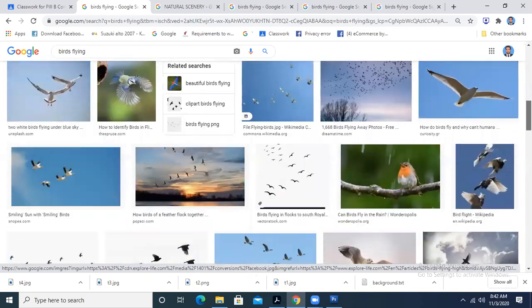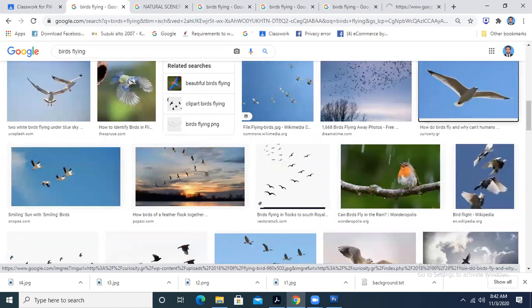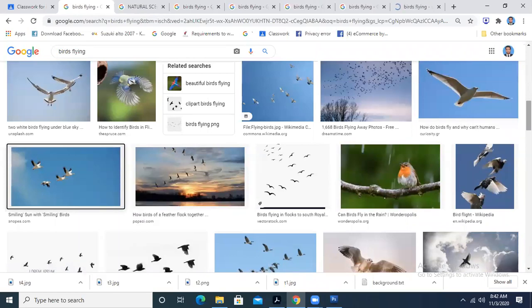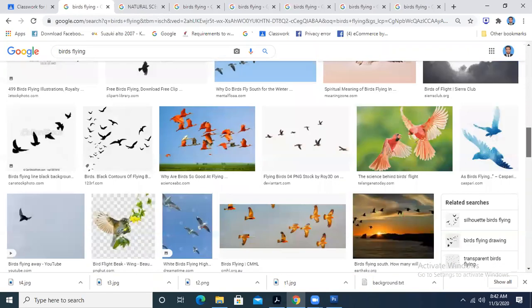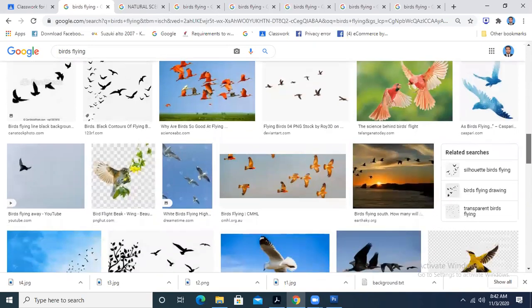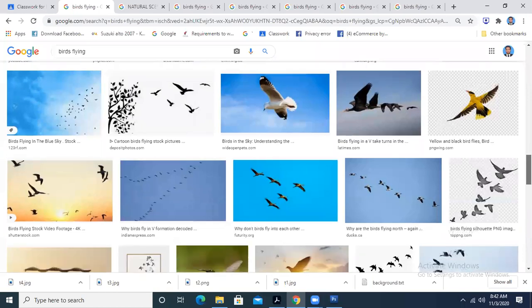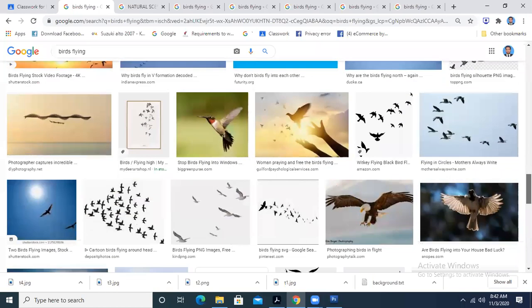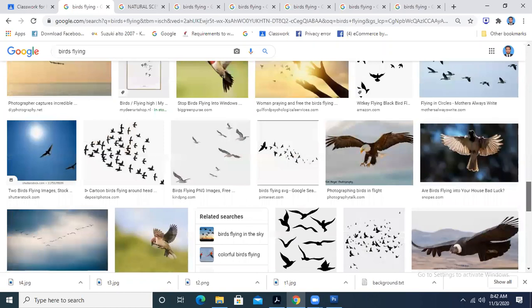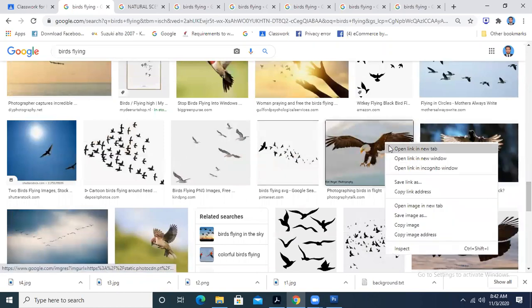We will not take it closer, because we need to create the impression that the birds are very far. So we need to have such kind of image which is giving you that impression that the birds are flying.